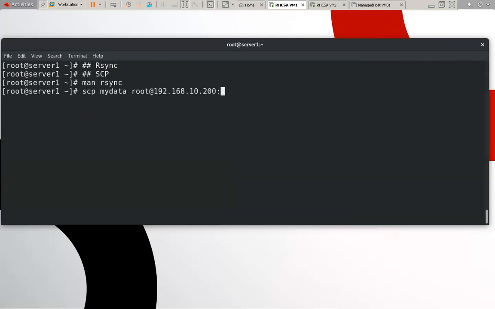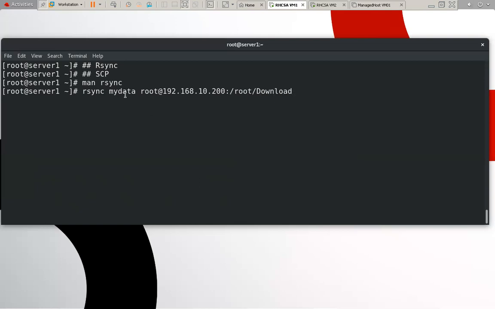This is my earlier command. In the place of scp, we use just rsync. This is my source that I want to transfer, and in which location? In root, and send this into download, in this location.